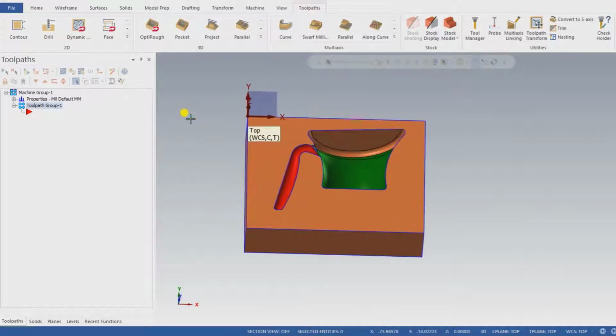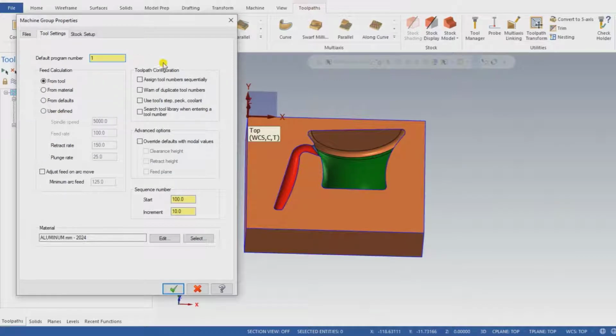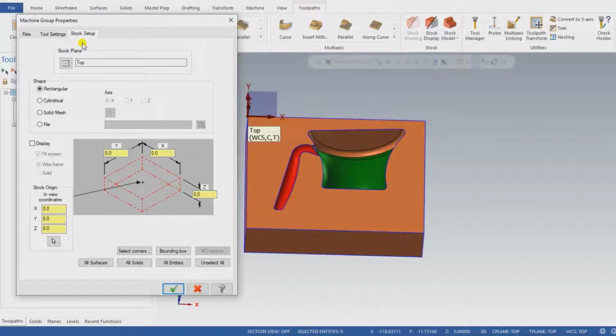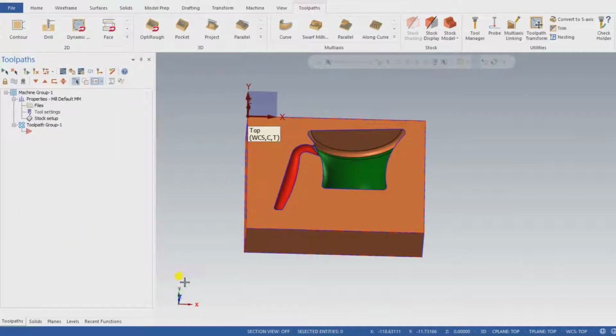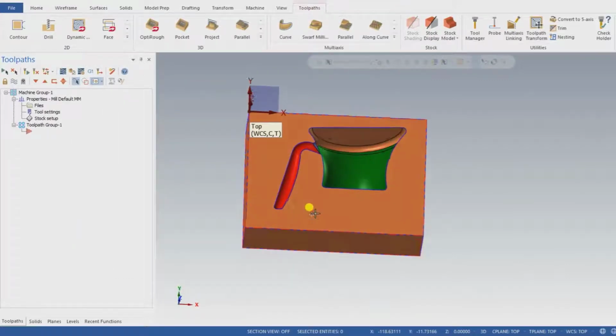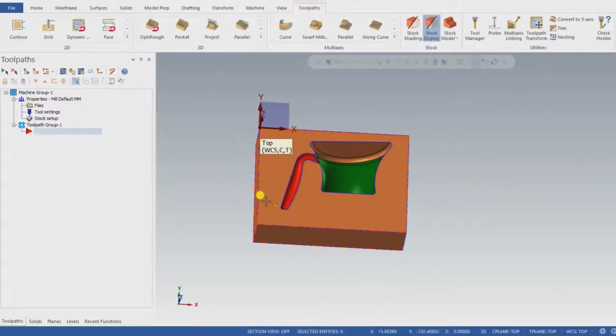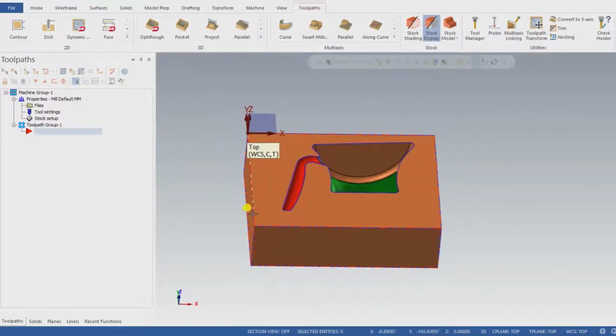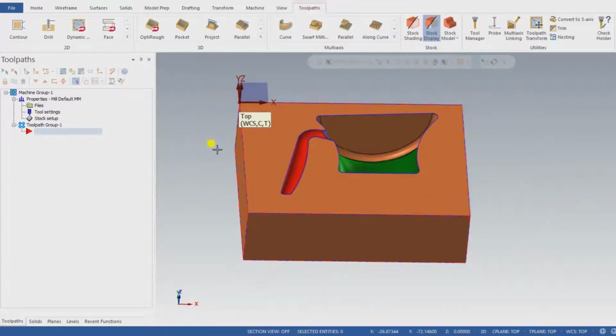At that time, we have to create our stock size. So we go to tool settings, provide this, mark both of these and mark these. About all these parameters we already discussed, and now the next step is to define my raw material. For defining my raw material, I go here and select all entities and OK. As you can see here, there is a dash line, that is my raw material.